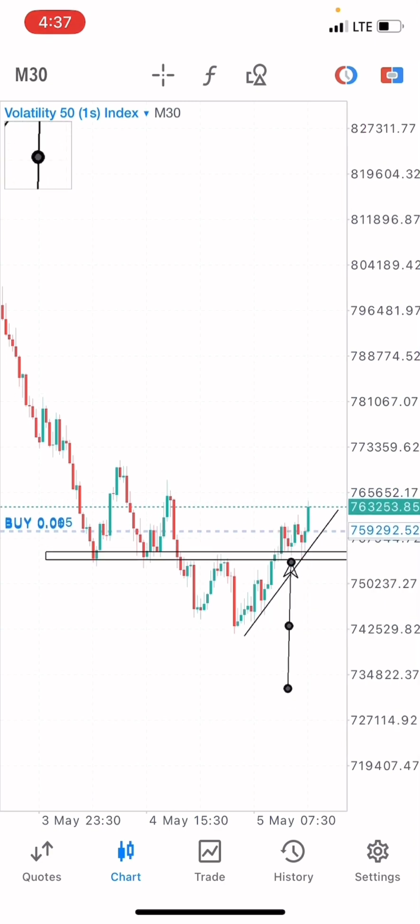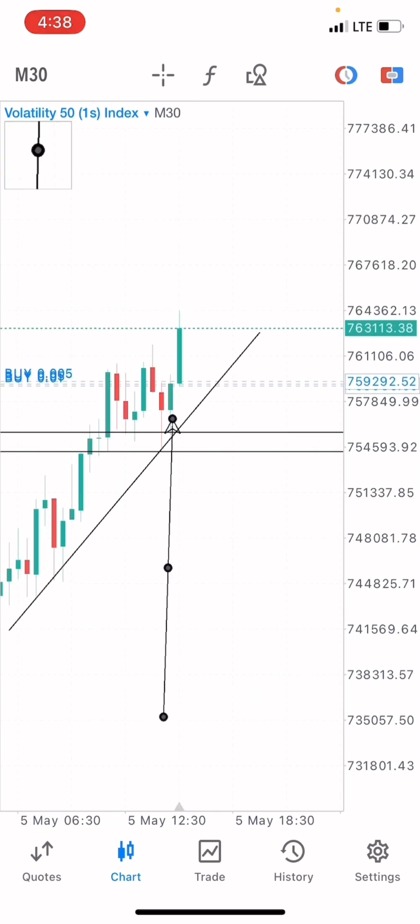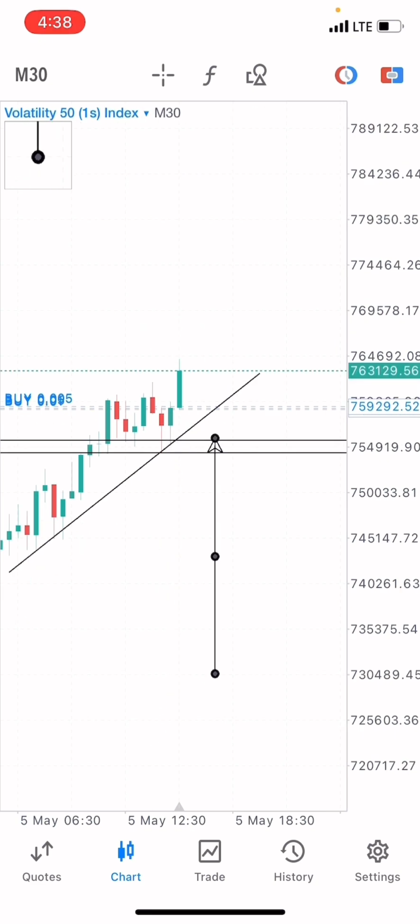We saw the market giving us a rejection at this point, but I didn't get into the trade at this point. I waited for more confirmation. So after pushing to the upside, the market came back again to give us a kind of double bottom formation. You can see the low here and another low here. Basically, I got into this trade on this candlestick formation that we got here. You can see the market is pushing afterwards.